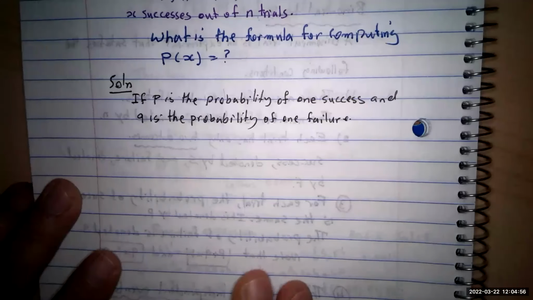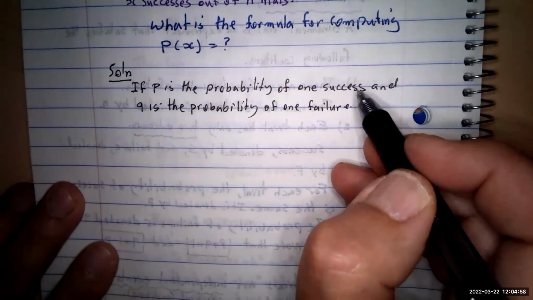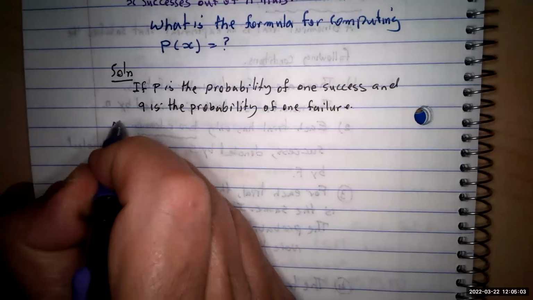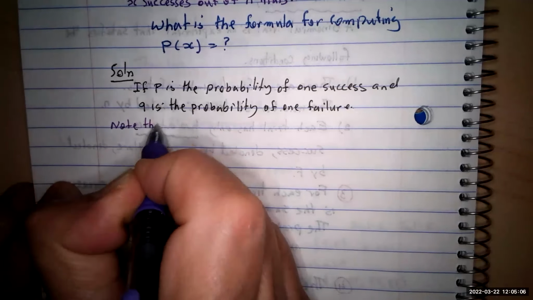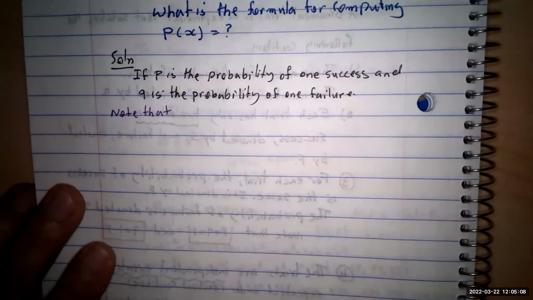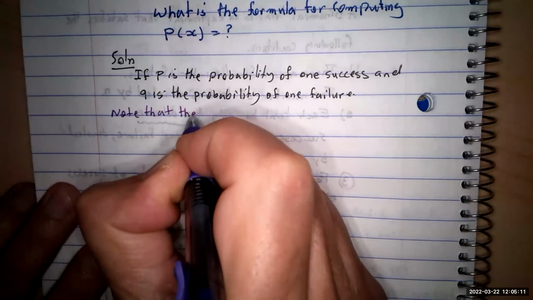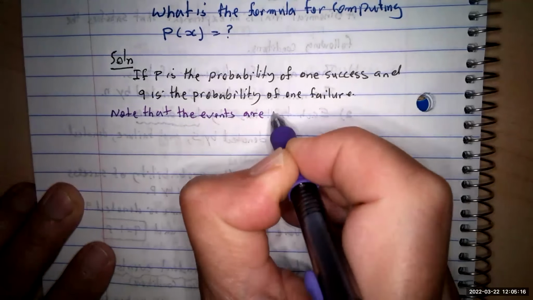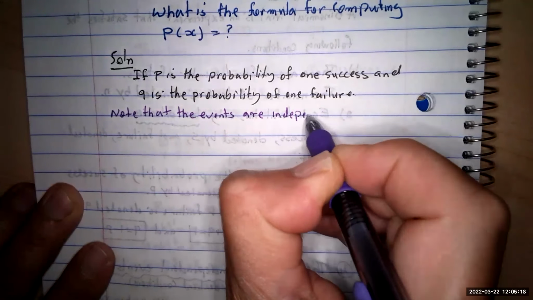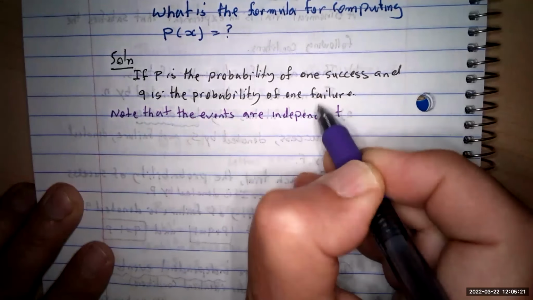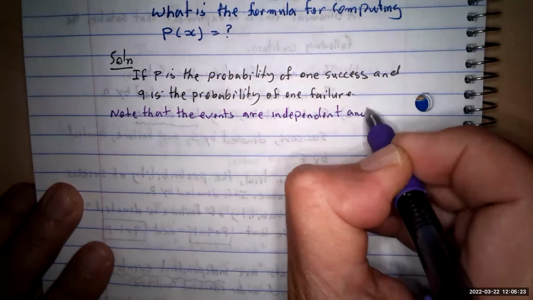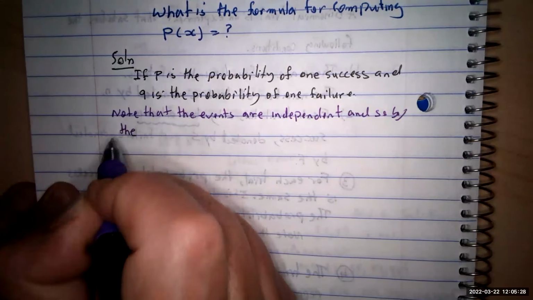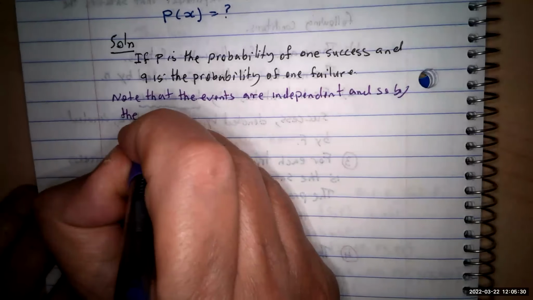You know that you have only these two cases. Okay, it's going to be the case. Now, note that this observation, remember you repeat it over and over. Note that the events are independent. The events are independent, means you can use the product rule. And so, by the product rule,